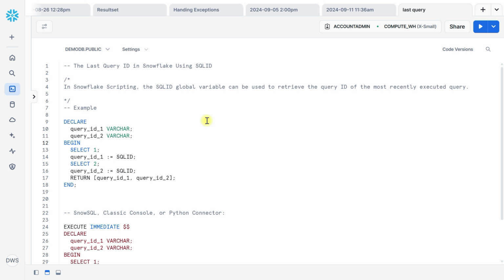So let's get started. In Snowflake, the variable SQLID, which is a global variable, can be used to retrieve the query ID of the most recently executed query. Here is the example. We execute two SQL queries, select 1 and select 2, and capture their respective query IDs